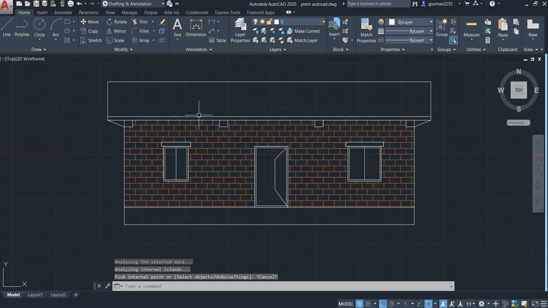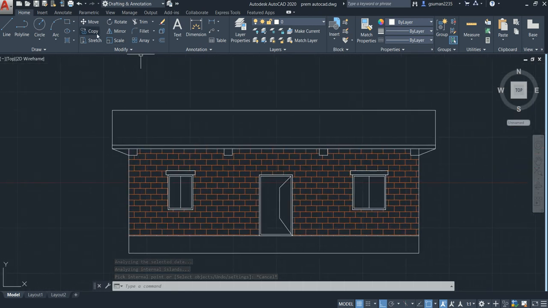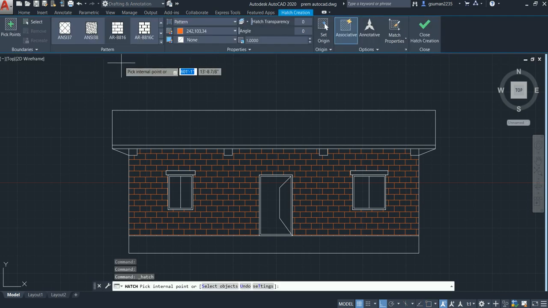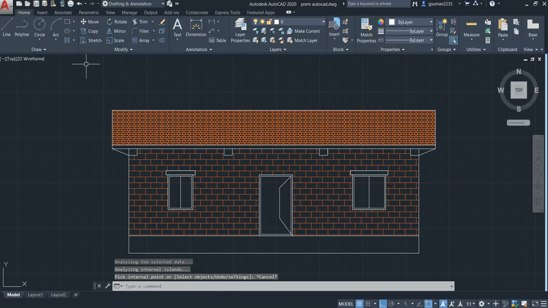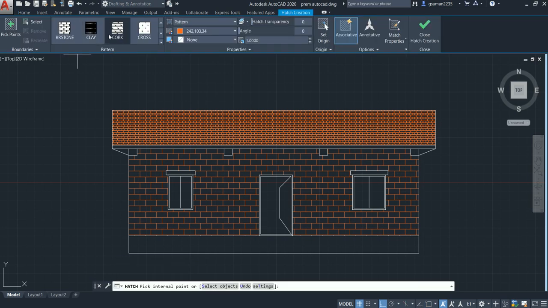Go for the parapet wall, hatch, click it. I will give the parapet wall this AR brim hatch. This also looks good. And now go for concrete for the plinth. Where is the concrete?